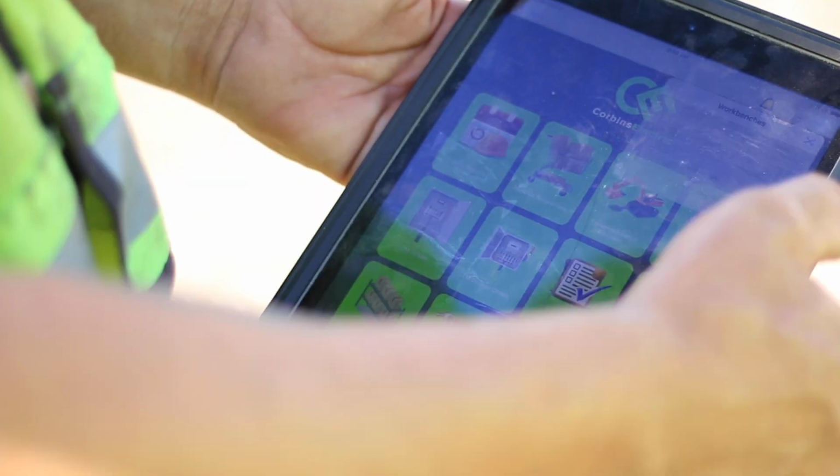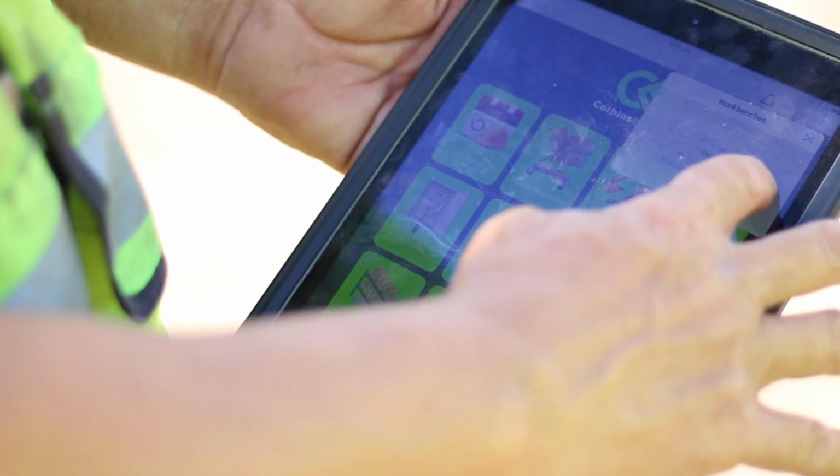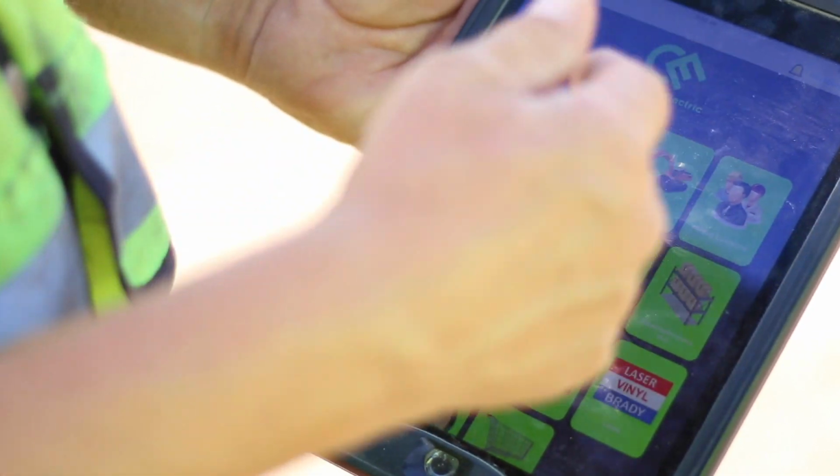So one of the first process problems that we looked to solve was the process of getting daily report information and payroll information from our job sites. That documentation of the time entry for the guys, the work performed, the delays, all that, that's where it really kind of started from. What we were able to develop was an app that